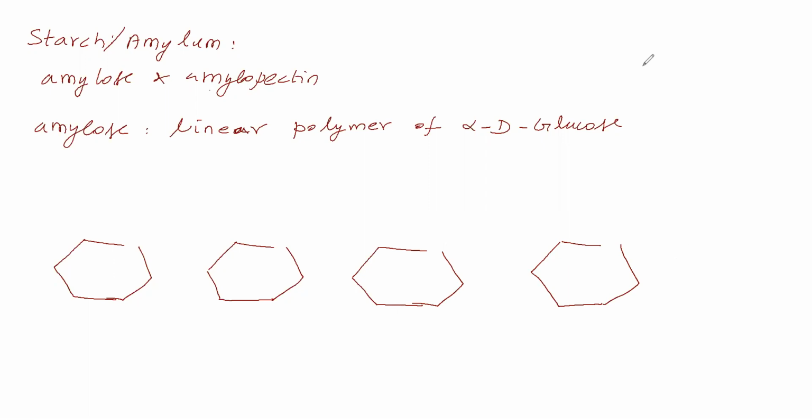Now we will give the OH groups. It is the first carbon, second, third, fourth, fifth. Between the fifth carbon and first carbon, an ether linkage will be there, so the ether linkage is there for all. At the first carbon, the OH group we will write down. At the second carbon, OH down. At the third carbon, OH at top. At the fourth carbon, OH down. At the fifth carbon, CH2OH at top. This is alpha D glucose.